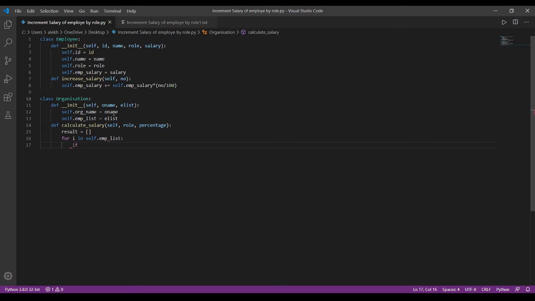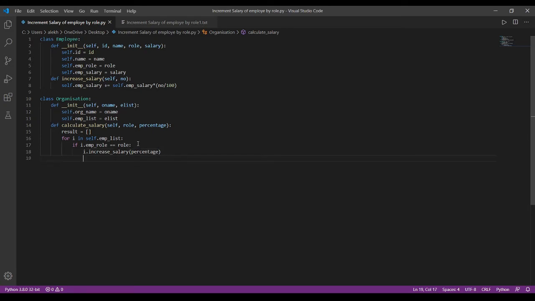If i.employee_role is equal to the role that we passed in this argument, then i.increase_salary of percentage.